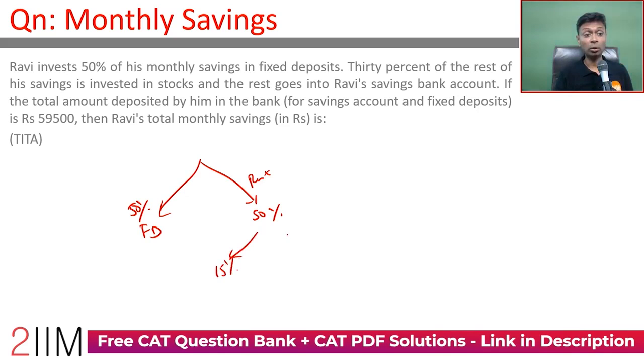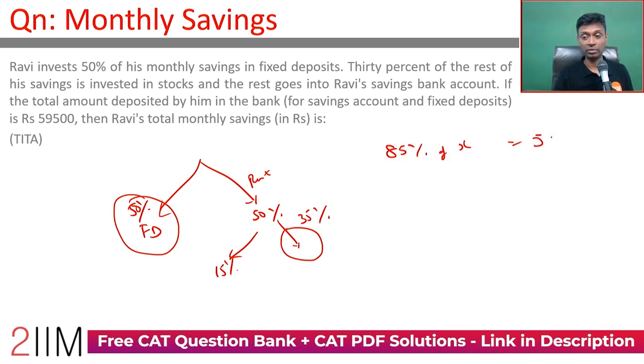The total amount deposited by him in the bank for savings account and fixed deposit is 59500. Total amount deposited by him is this 50% plus the remaining 35%. 85% of X equals 59500. Find X. X equals